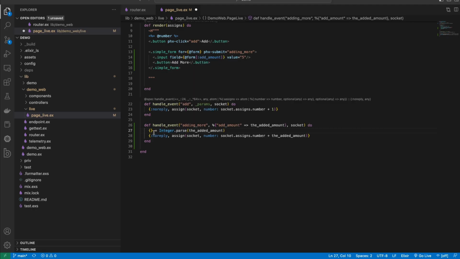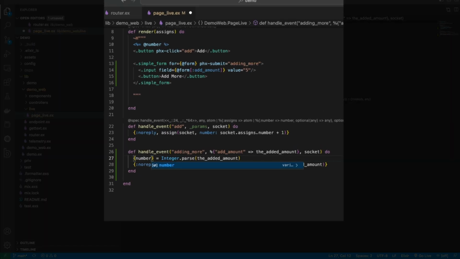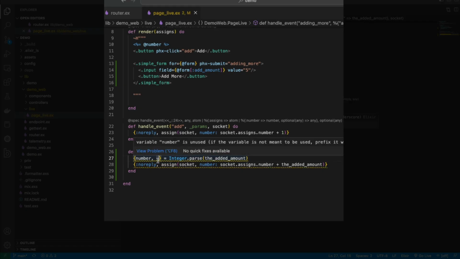So we can capture those values by pattern matching. So this is going to be the number, and then this is going to be the remainder, but we could just put this as an underscore since we're not going to use it. And that's the way that we can ignore anything that we're not going to use. It's currently all turning yellow because it's saying that number is unused. So we're just going to use that number, and we're going to use it where we are adding it to